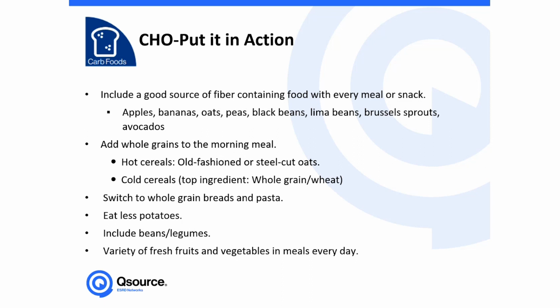You can use whole grain breads for lunch or snacks, for sandwiches. Instead of eating so many potatoes, you can try brown rice or other less well-known grains like bulgur or quinoa. You can also switch to whole grain pasta. And sometimes whole grain products can be a little chewy, or you've heard people say, oh, it's a little bit different, or